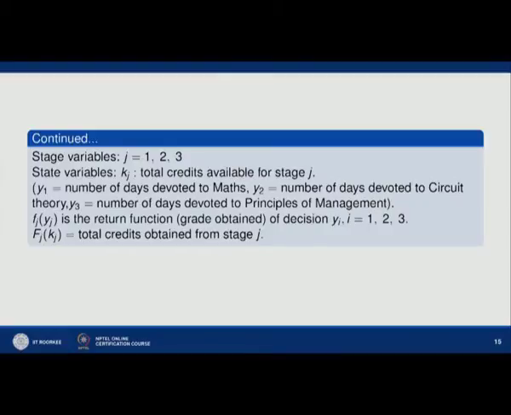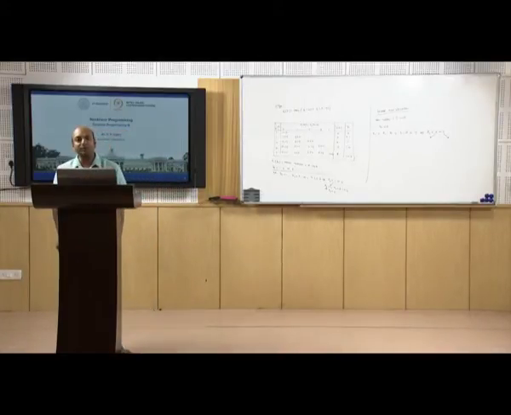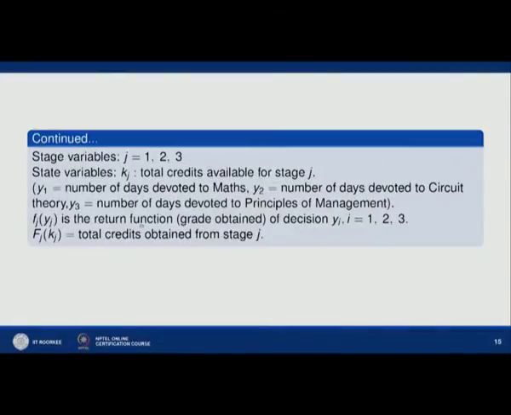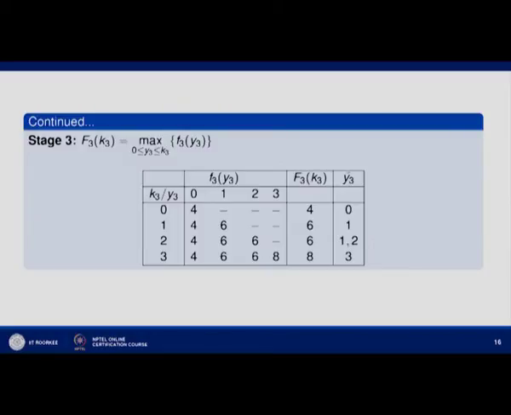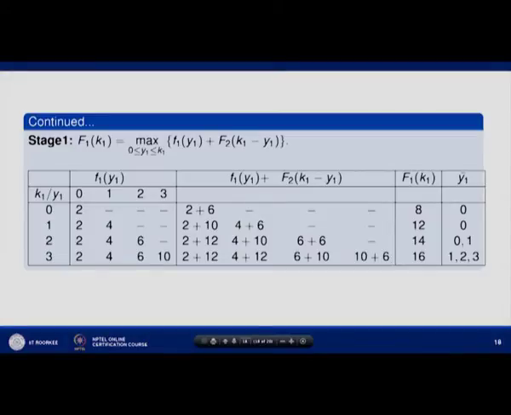It is the same problem as we discussed before, like plant A, plant B and plant C. Here we have maths, circuit theory and principal management. fj(yj) is the return function of decision variable yj, and fj(xj) the total credits obtained from stage j. So, again we start from stage 3 and go to stage 1 following the same lines as we did in the last example. We will obtain that the maximum credits is 16 units,